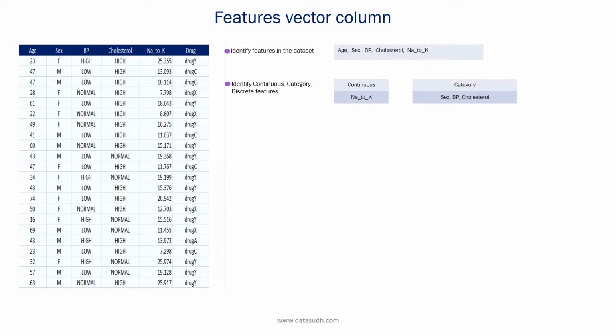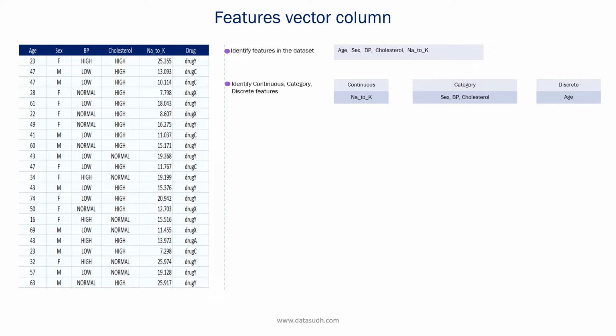Category variables are those which contain a finite number of categories or distinct groups, and it's not necessary for those values to have a logical order. These have labels rather than numbers. So in our data, sex, BP, cholesterol contain values like that. So these are category variables. Then we have discrete. Discrete variables are those numeric variables that have a countable number of values between any two values. So in our data, age is a discrete variable as its integer values have a finite number of values which can be expressed in years. So now we have divided our variables into their respective types.